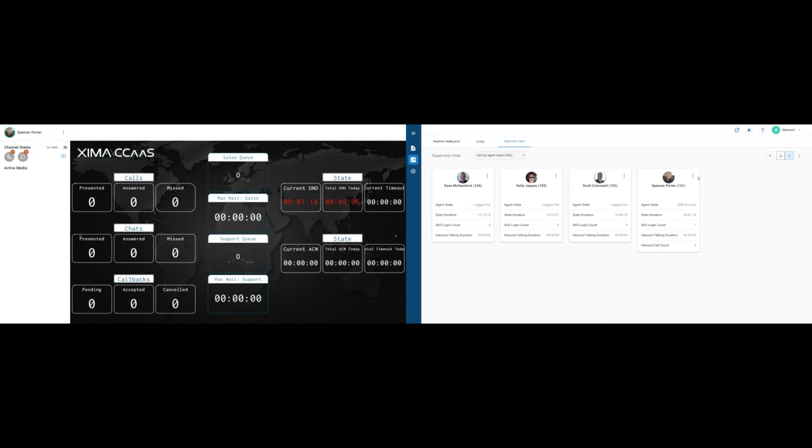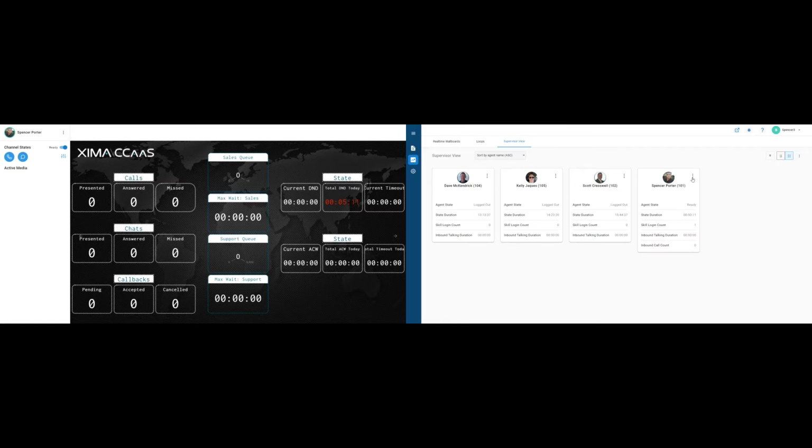I have the option here to force him into a ready state. I simply click on the ... for the agent and click on Disable CCD&D. It's going to put them into a ready state. Notice that it's reflective on the left-hand side. I'm ready, I'm blue, and also on supervisor view as well, where it says that I am ready.